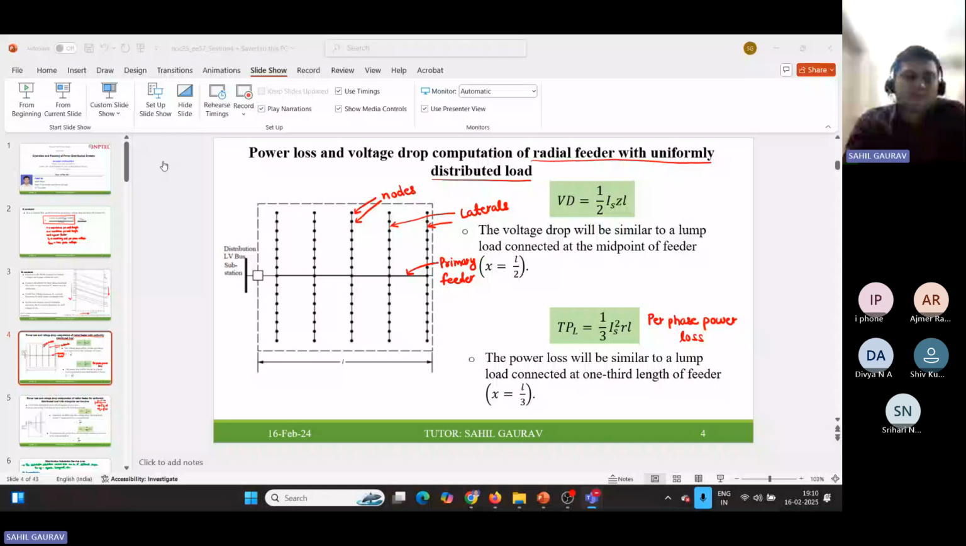So now let us come to this power loss and voltage drop computation for the radial feeder with uniform distributed load. Here we have this distribution LV bus substation, and then this circuit breaker, and the central line is the primary feeder. From this primary feeder, these laterals are connected, and these nodes denote load points. So for this structure,